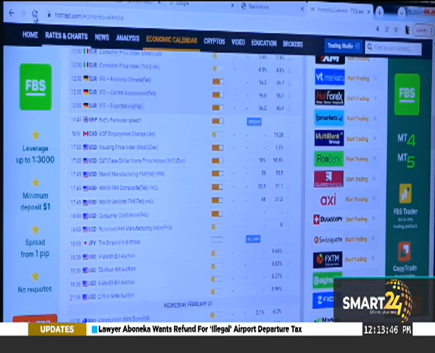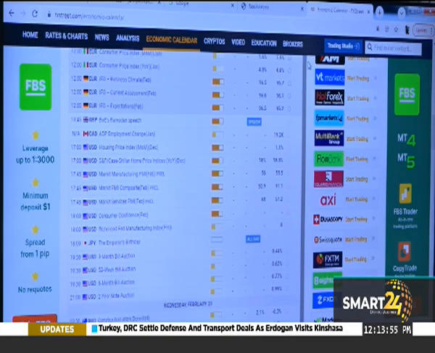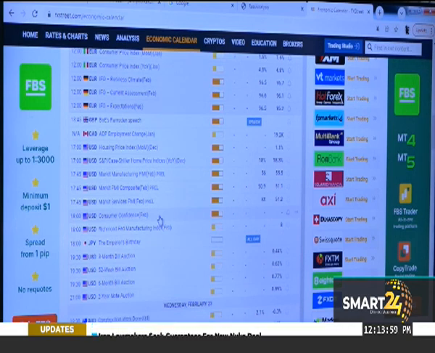Looking at these ones here, they might be medium impact events, but they're going to have a very serious impact on the market. If you look at the Euro USD where it is right now, there's that small spike. We're going to take a look at it, but all the events left are affecting the US dollar. At 5 sharp, there will be the housing price index. Then there will be the S&P Case-Shiller home price indices.